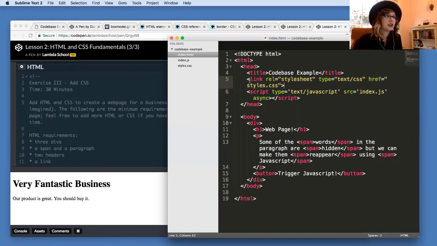So make sure that your CSS is in a different file and you use the link tag to, and notice there's our friend href that links in where our styles live, and this will connect them. If we got rid of this,